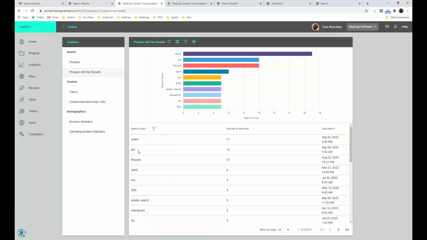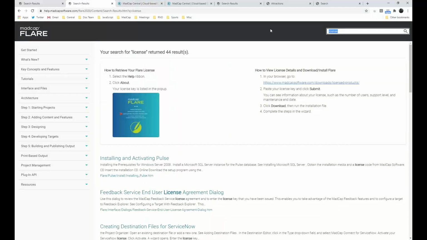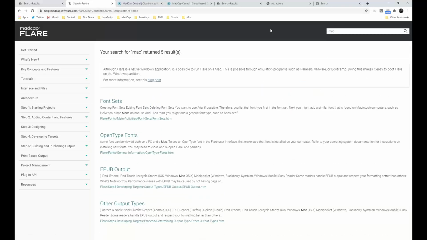I do know that I've seen this when I was looking in the Flair analytics. For example, a lot of people wanted to know, I noticed they were looking for Mac. Does this work on a Mac? And so I created a little bit of micro content, even though I don't have any documentation that specifically has to do with Apple or the Mac. I did want to give them this little bit of information that even though Flair is a native Windows application, you can run Flair on a Mac. In fact, we had a VPI who wrote a blog post about it, so I just put this little link